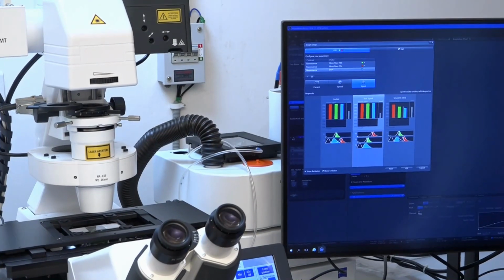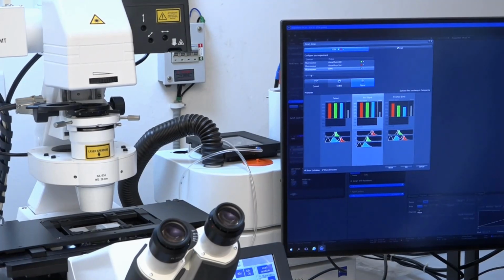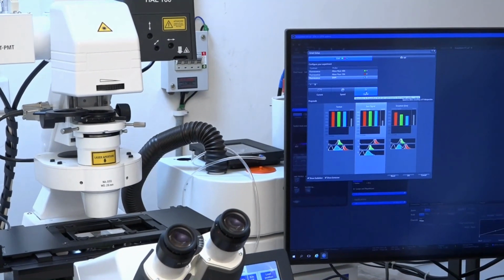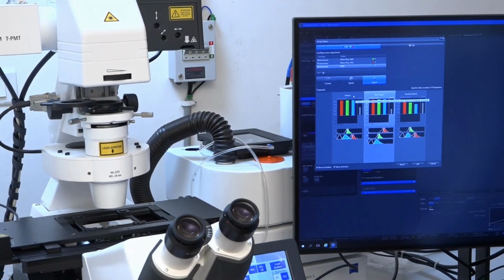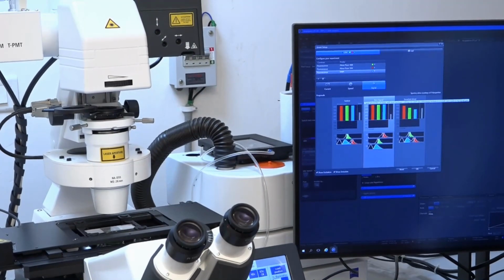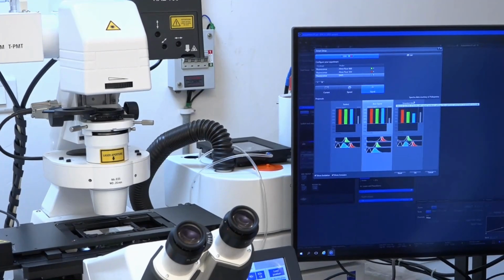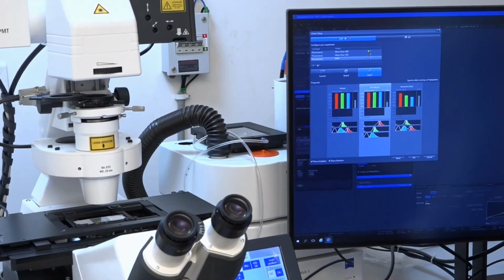So after I add, the system automatically will give you 3 options. You want speed or you want signal. If you are interested in signal, you click onto the signal, and if you want fast imaging, you have fast imaging, you have the best signal, and you have the smartest one. By convention, getting the best signal should always be the objective when you are working with a fluorescence sample.